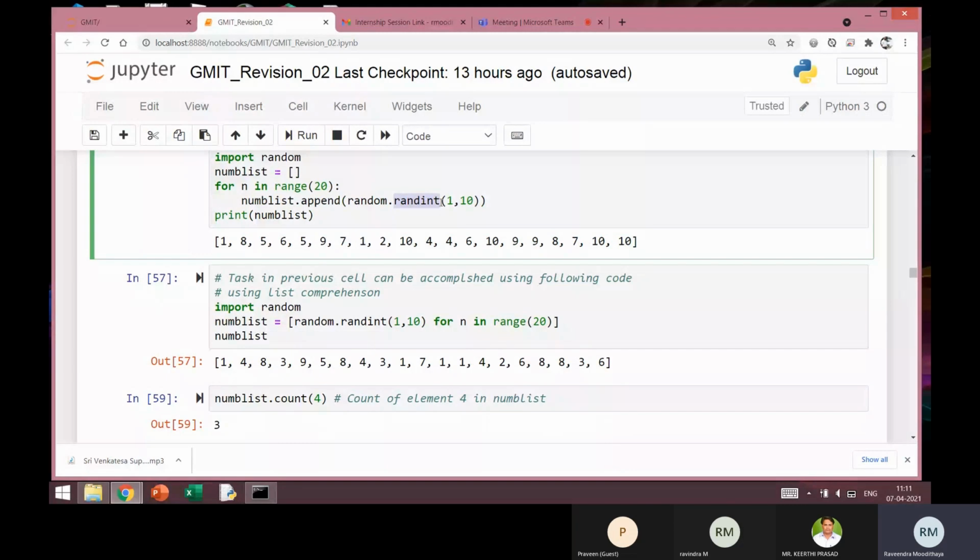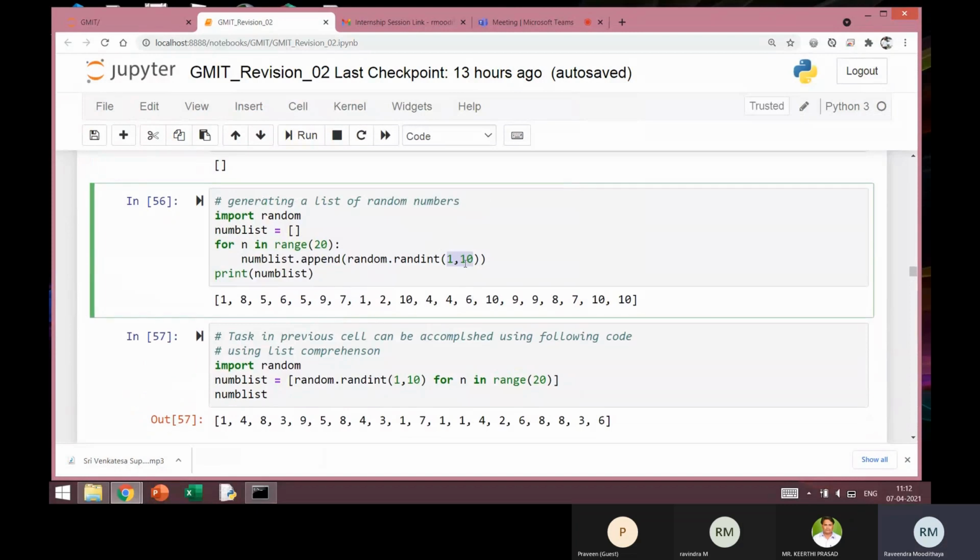It is a function which is defined inside this random module, and this is the argument for the function. So random.randint(1, 10) will return one integer which is between 1 and 10, both inclusive. It will return one random integer between 1 to 10.